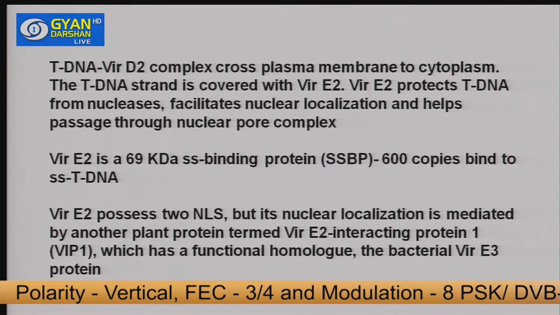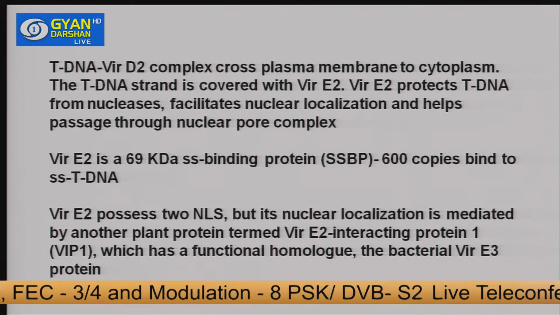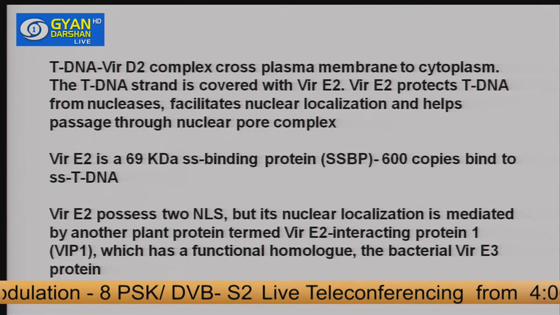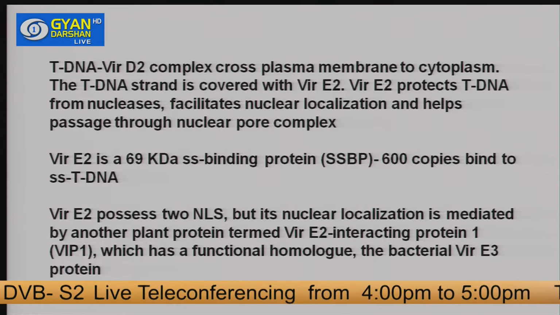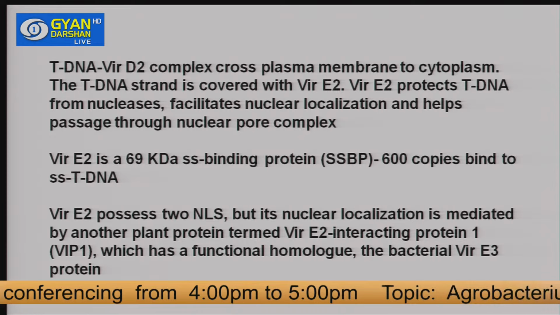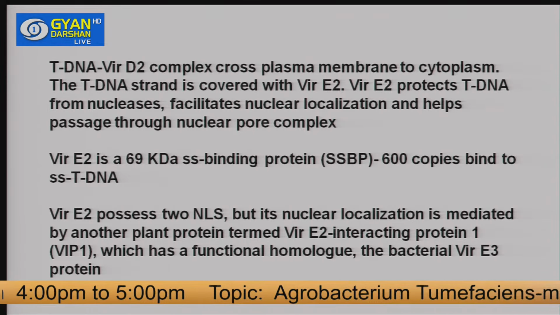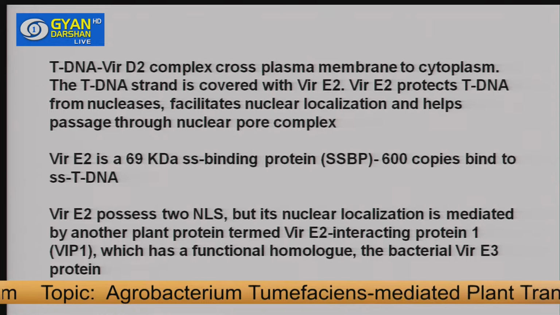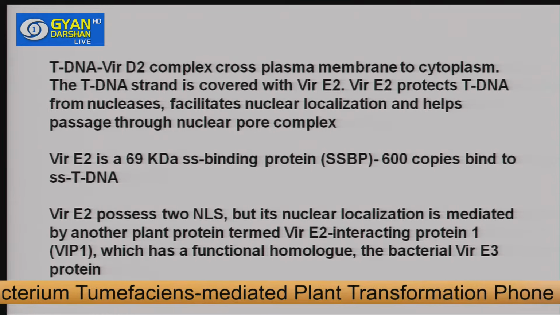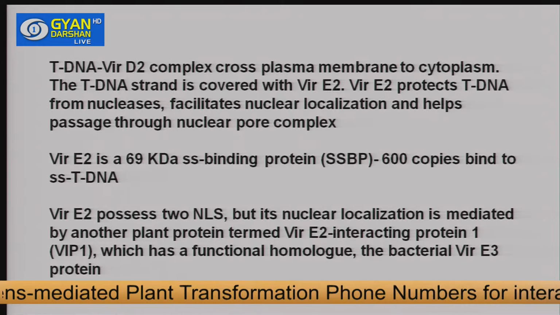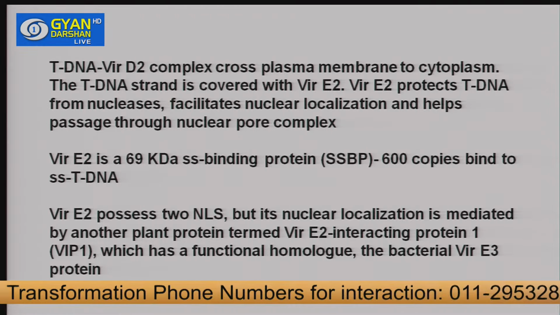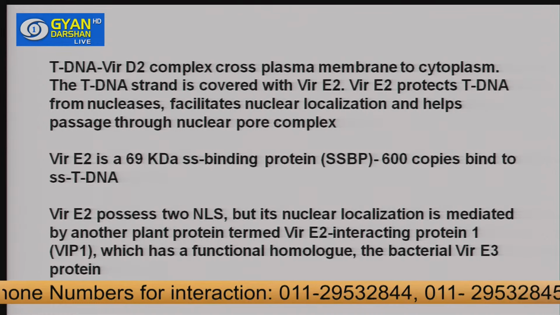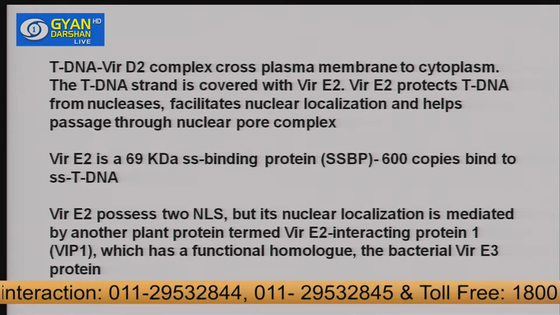VE2 is also a 69 kilodalton single-stranded binding protein, and 600 copies of such VE2 bind to the single-stranded tDNA region, and even this VE2 has 2 nuclear localization signals. In addition, VE2 has another interacting protein, that is VIP1. This VIP1 also interacts with VE2, and together they enable the entire transfer process. So the tDNA is not transferred alone. There are several additional VIR proteins which bind to the tDNA region and enable it to get transferred through the transfer apparatus